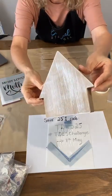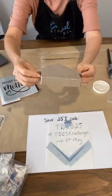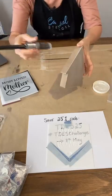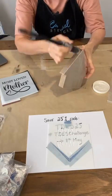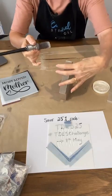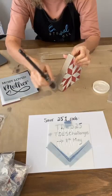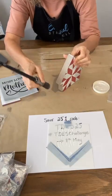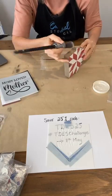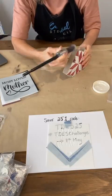So I'll see if I can hold it with the light there. It's got quite a shimmer to it. It's pearl metallic. Okay. I feel like I could do these edges as well if I wanted to. So it hits the high points of the grain when you're dry brushing, and so it'll also hit those edges. This is the back that I did on another project, and so, you know, some of these things you can use for 2 different purposes. You could have it Mother's Day, and then you could turn it red for another season, Valentine's, Christmas, whatever you like. So I'm just going to go around the edges there with that dry brush,